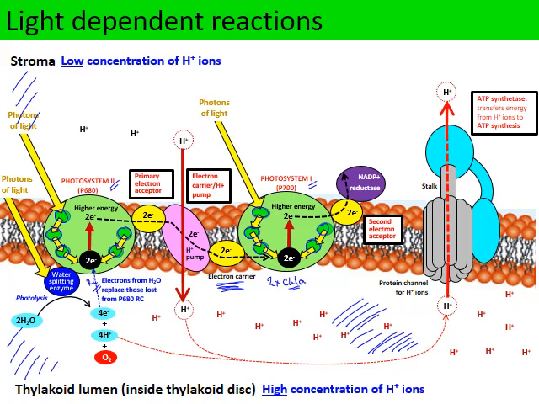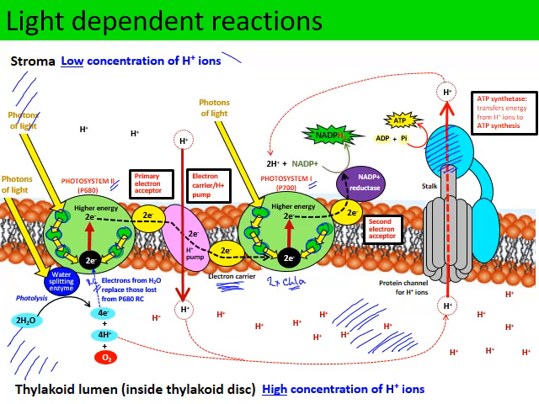That potential energy is utilized by the ATP synthase enzyme to synthesize ATP from ADP and inorganic phosphate. So the energy, the potential energy in the electrochemical gradient has been used to build ATP, which contains that chemical energy. The protons move back into the stroma, and those protons combine with the electrons that are emitted from photosystem 1 to form reduced